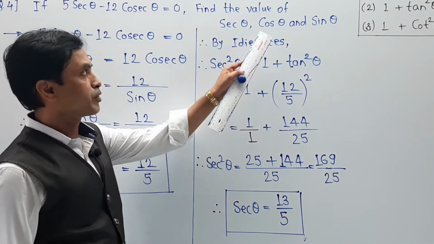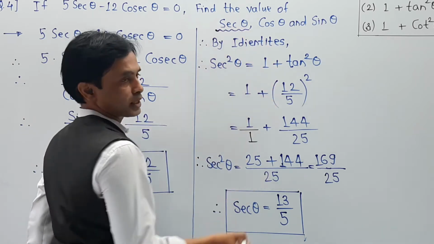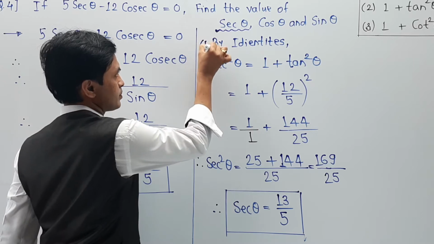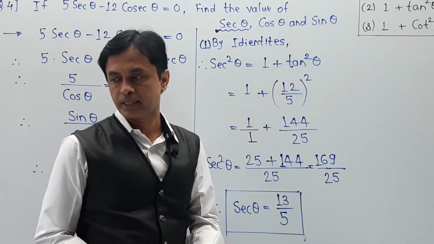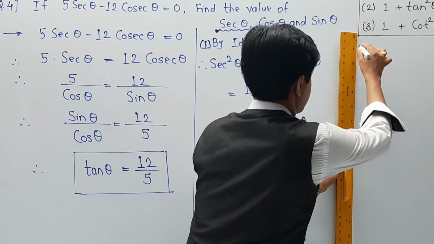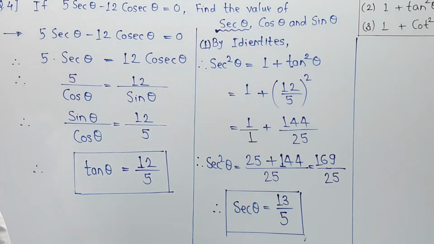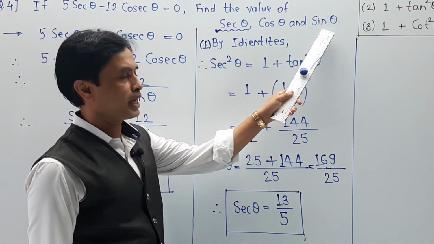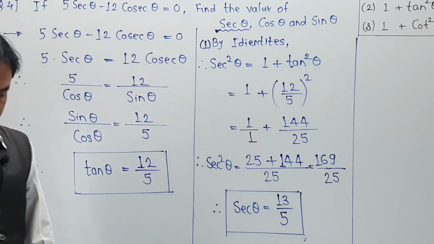Now this is the first part where you are able to get the first value of sec theta. So you reach up to the part of sec theta. As it is your first answer, I am going to write it as number 1. Now still we have to find cos theta and we have to find sin theta. Moving to that step, here we have to understand the next steps, and that is nothing but the required value in terms of cos theta and sin theta. So the next part is, we are going to calculate that value over here.